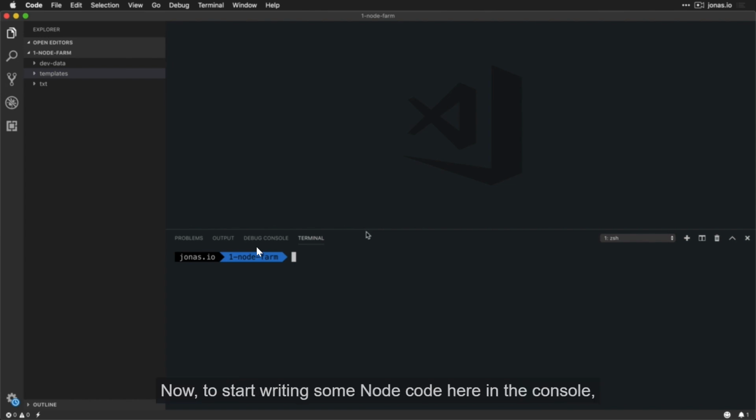Now to start writing some Node code here in a console, all we have to do is to write node, given that you have Node.js installed on your computer, and then just hit enter. And this will then open up the Node REPL, which stands for read eval print loop. So basically here we can write JavaScript code just like in a normal terminal. For example, we can define variables,